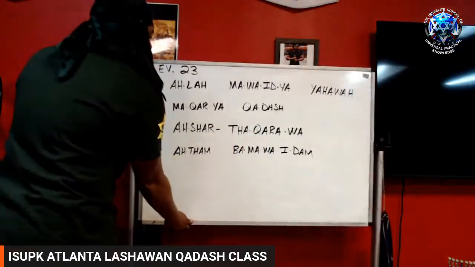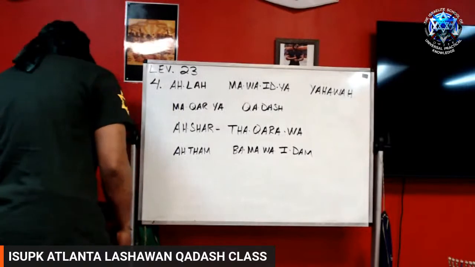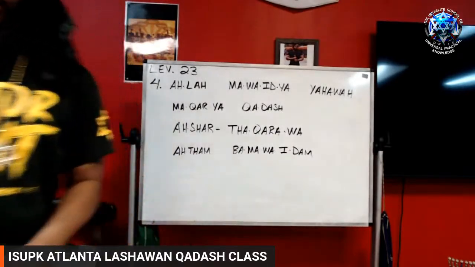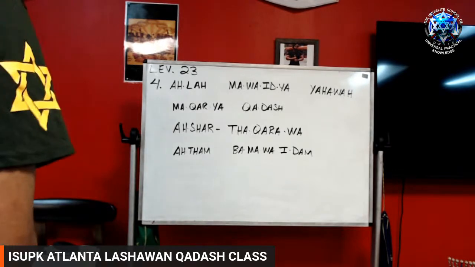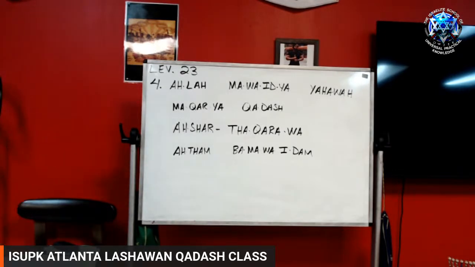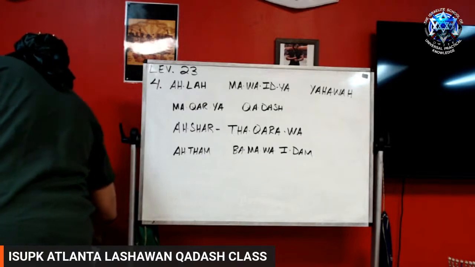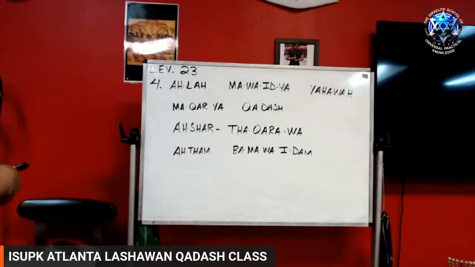Very good, very good. So now, young man Gabriel, English. This is the book of Leviticus, chapter 23, verse 4. These are the feasts of the Lord, even holy convocations, which ye shall proclaim in their seasons. All right, okay. So now let's see,